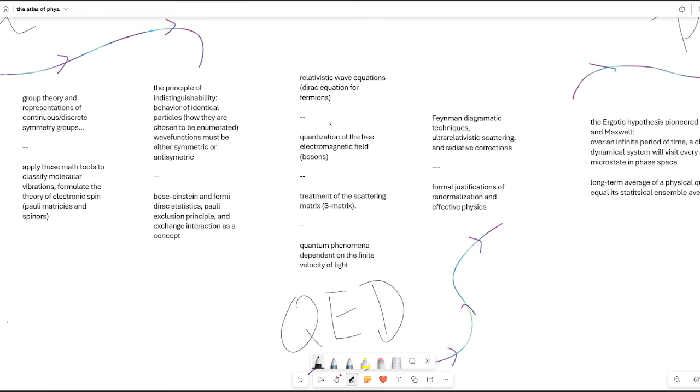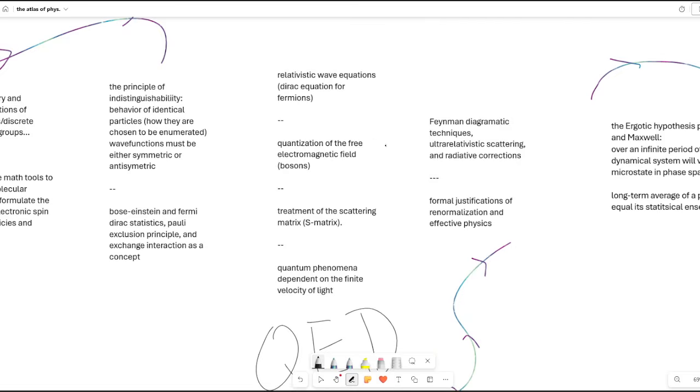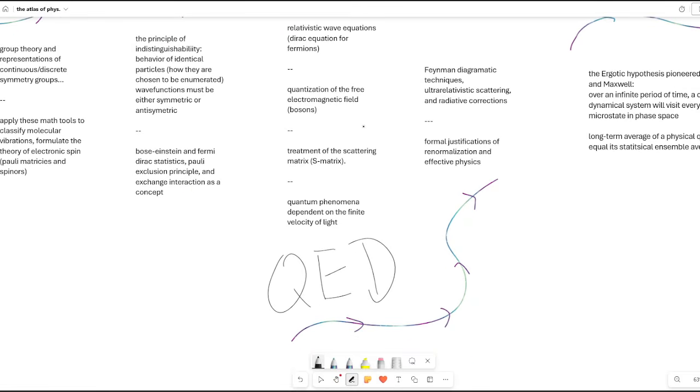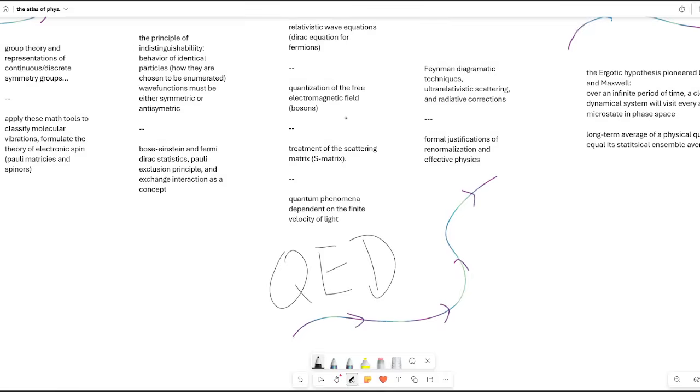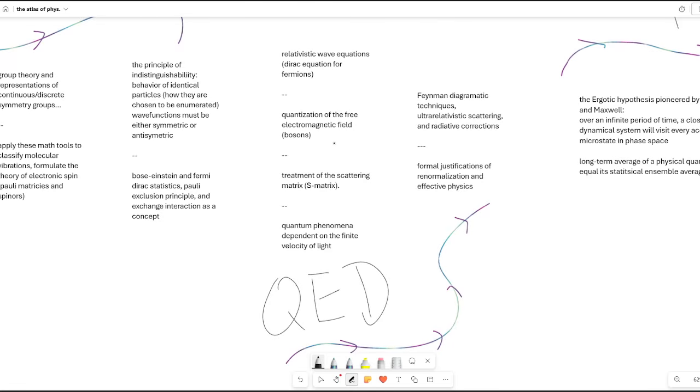It's still a relativistic wave equation. The Dirac equation just factorizes, or is like the square root of the Klein-Gordon equation, which makes sense. Now the quantization of the electromagnetic field, that's what it is. The quantization of the electromagnetic field is what the Klein-Gordon equation is all about. You have to quantize it. That's right.